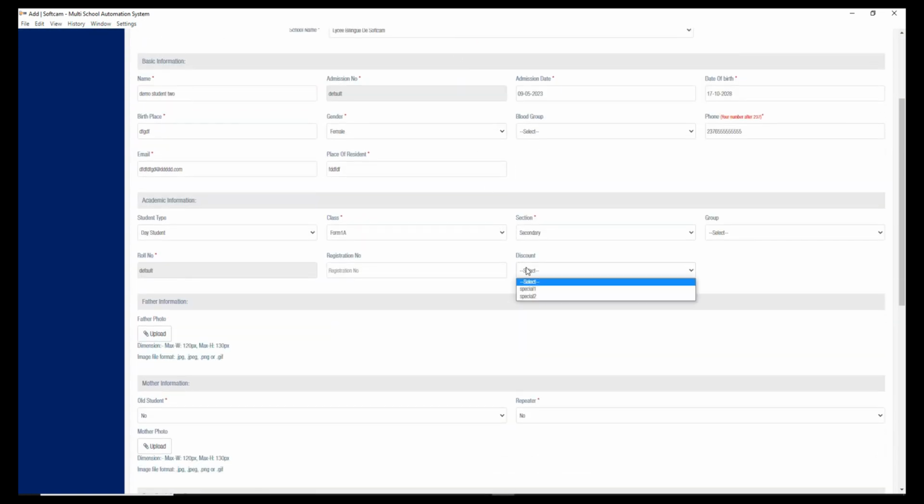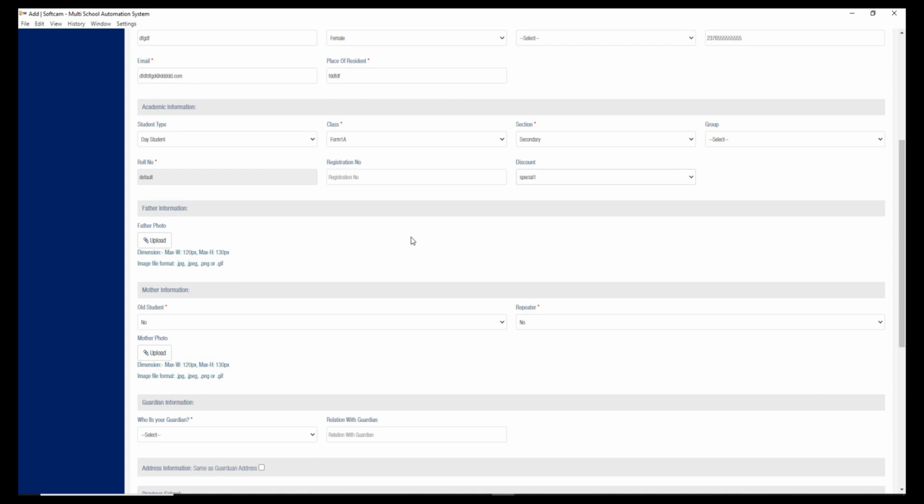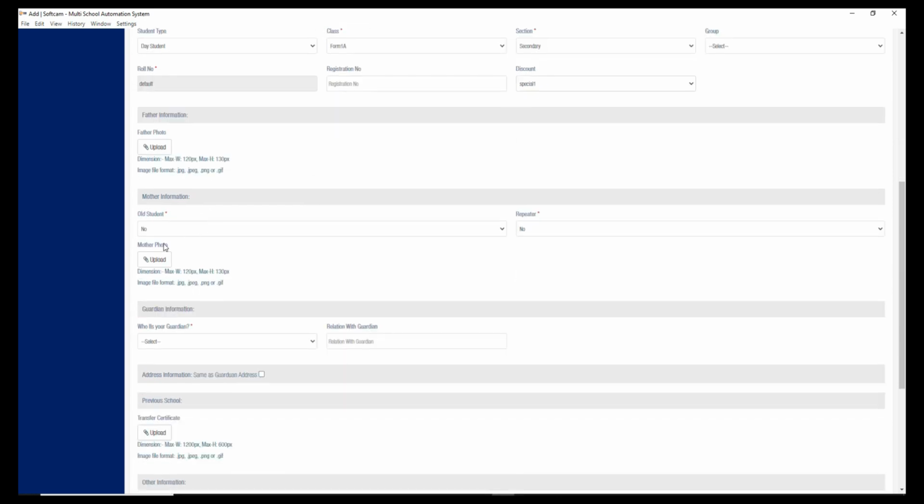So I will choose special 1, special 2. I can give it a name called discount of 2%. I'll take special 1. This student has a discount. If this student is a normal student without any discount, you can leave it untouched. But I'll take special 1. The father's photo, you can ignore. Old students, repeater, all of these ones, leave it like that, because the student is not an old student and